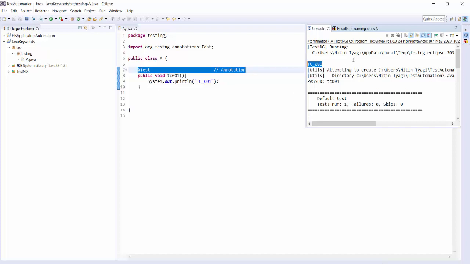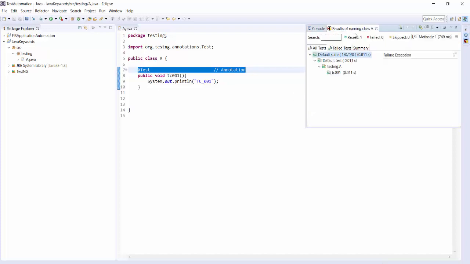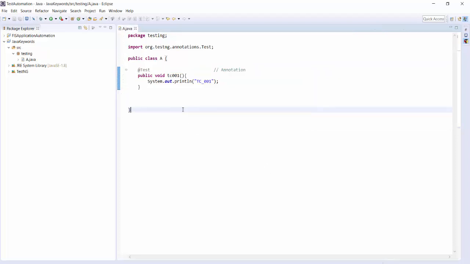And if you check the TestNG window, it also shows this test case is passed. So we have seen in TestNG, if you want to treat any method as a test case, just put the @test annotation over it. So we have seen how TestNG is going to understand your method.